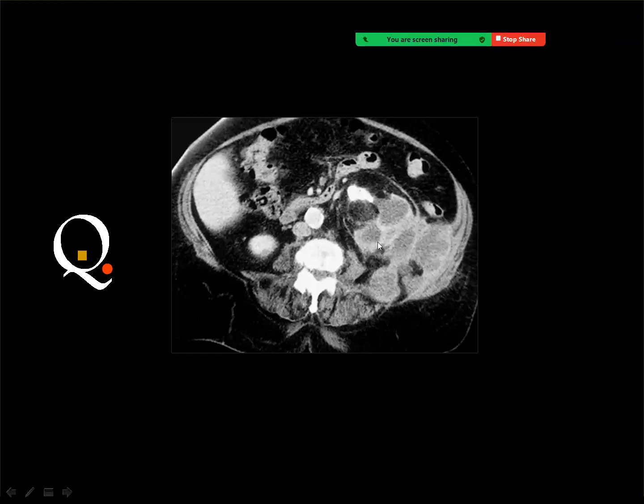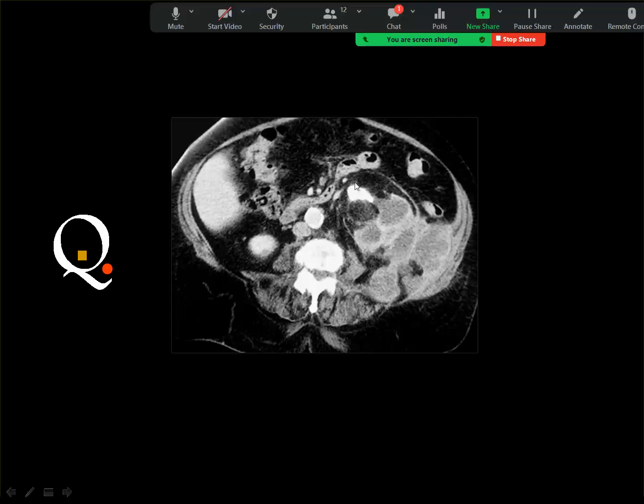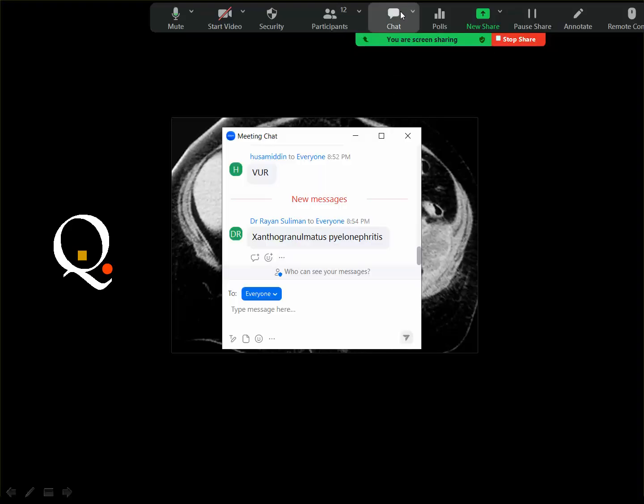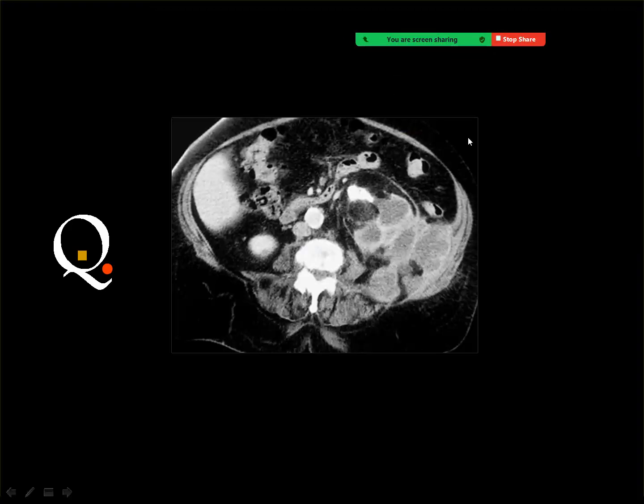Okay, if you look carefully here, you see that this is the left kidney, which is enlarged and mostly replaced by fat, with a big radiopaque stone in the renal pelvis, and xanthogranulomatous pyelonephritis is a good answer, but you